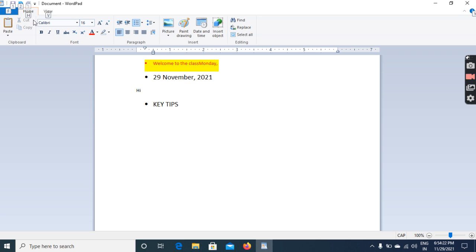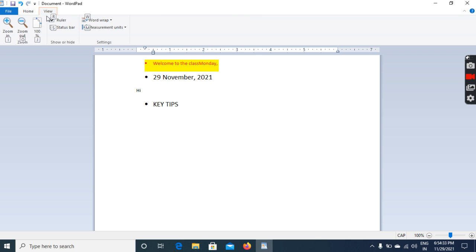If you want Home, you have to click on H, it will go to Home. This is with the keyboard. If I click on B, it will become bold. If I click on V, I'll go to the View tab. So without using the cursor, we are just using the keyboard, and these are called key tips. Clear till here? Further, press the relevant key you want, and then you can select the option for the tab. See how it has come, W, M, R, S. This is for you to use the keyboard tips.